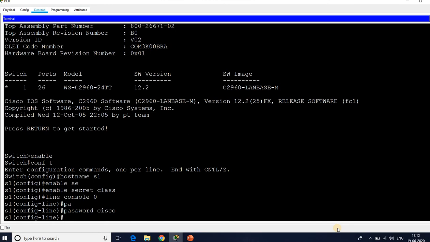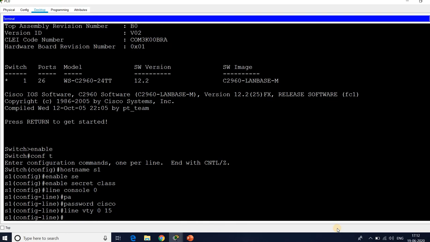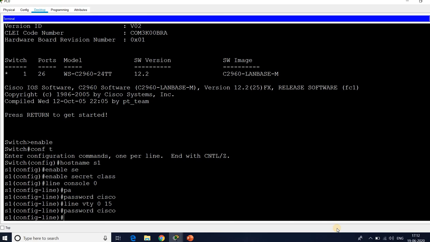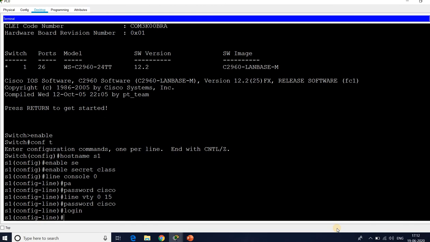Then to secure remote Telnet or SSH access, I give line vty, the ports supported are 0 to 15, and the password I can give again Cisco. To activate the password, login. So it is in configuration line mode here.